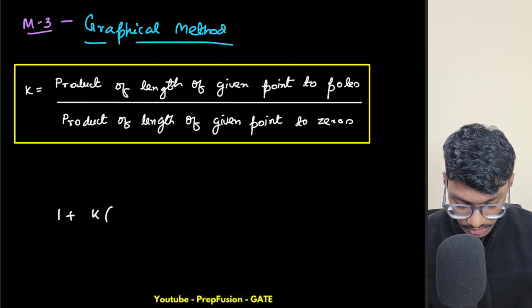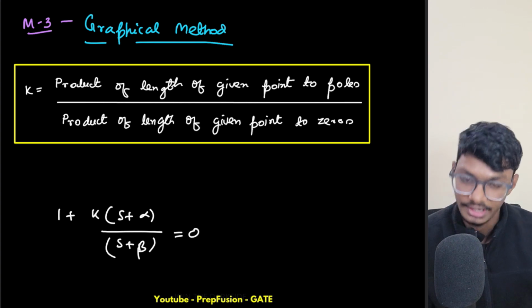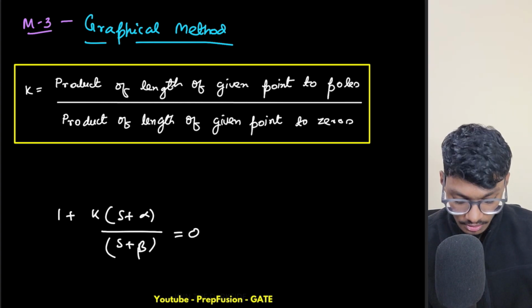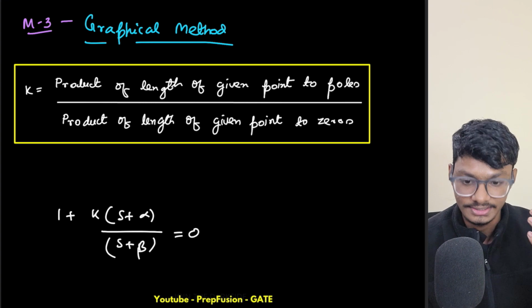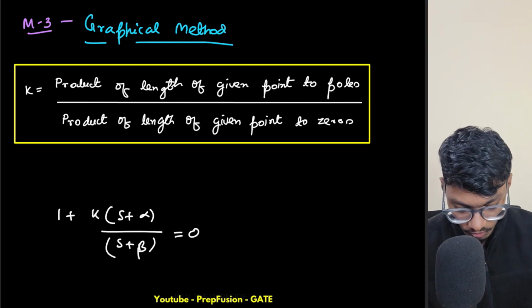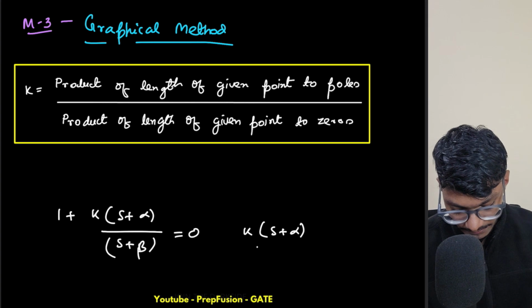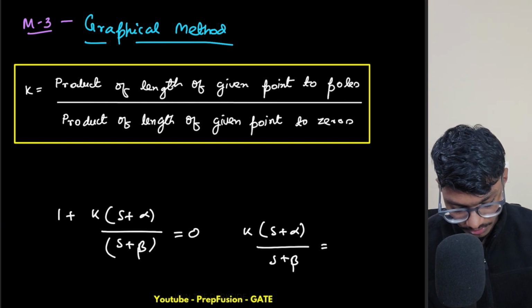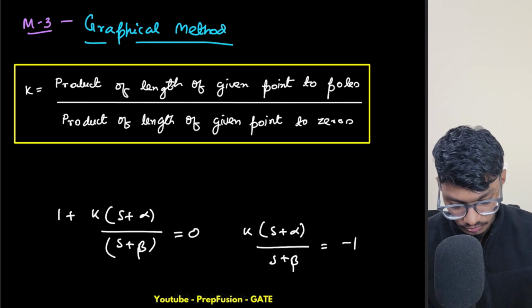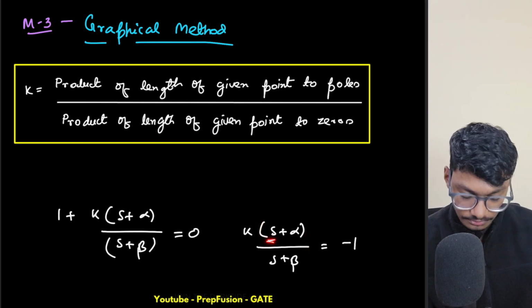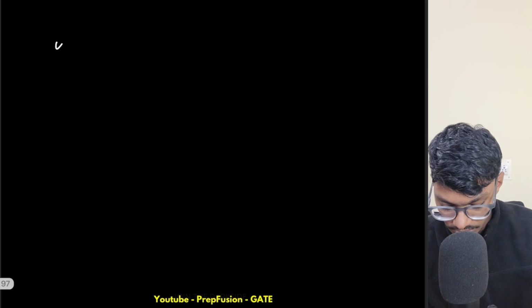So let's write it: k upon s plus alpha by s plus beta. So I have a zero and a pole, and this is the characteristic equation, so this is equal to 0. Obviously for some value of k and s, this has to be satisfied. So let's say my s is some test point st. Now what will be my value of k for that test point st? Basically this one will go to that side, this will go to -1, and I want to find the magnitude of all this. This will have some real and imaginary component, and if you take the magnitude on both sides, you will see that